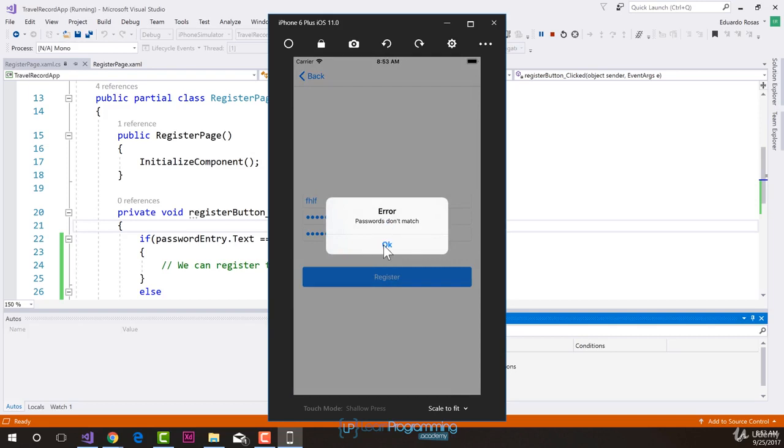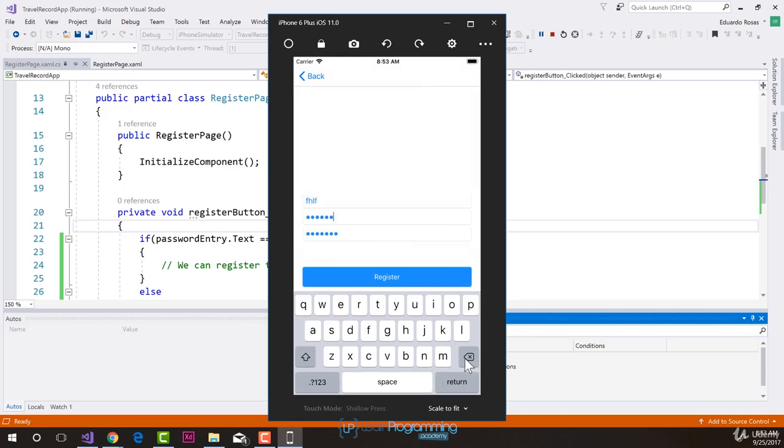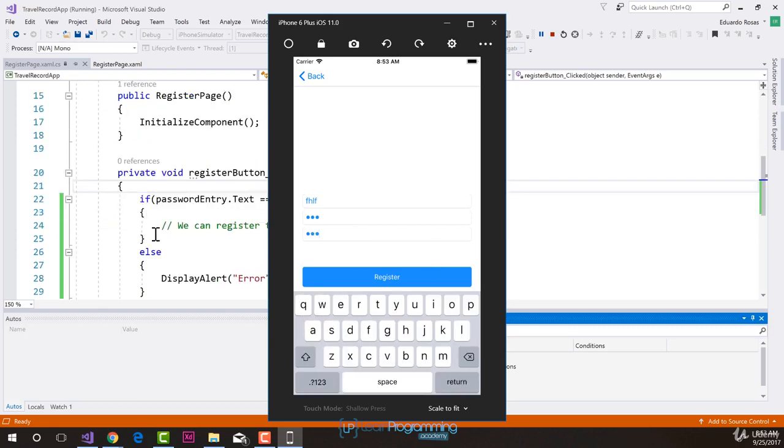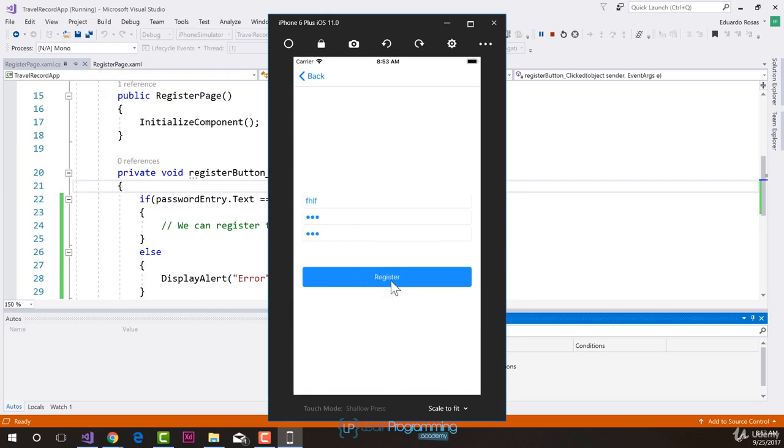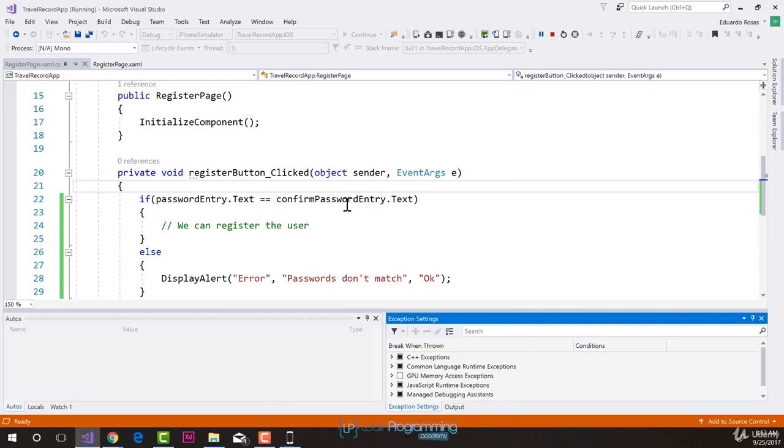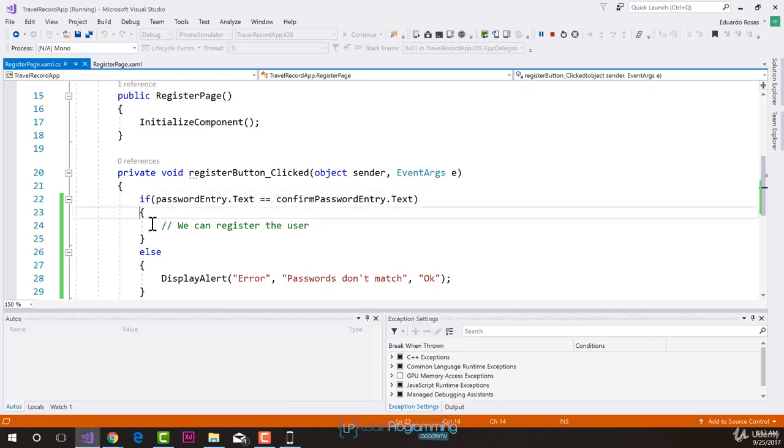It says that the passwords don't match. And now let me test this with a password that is the same. It is simply going to be ASD on both entries, and nothing should happen because we do not have any code inside of the if block. And so I click, and nothing happens, which is exactly what I wanted. It means that this block is the one being executed,